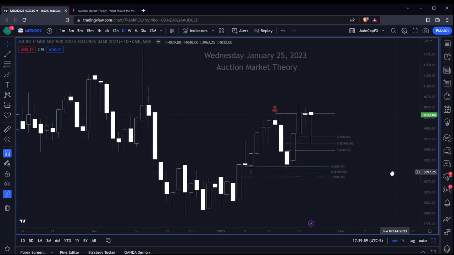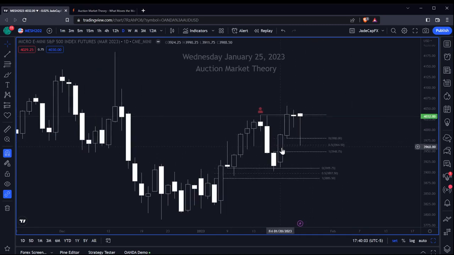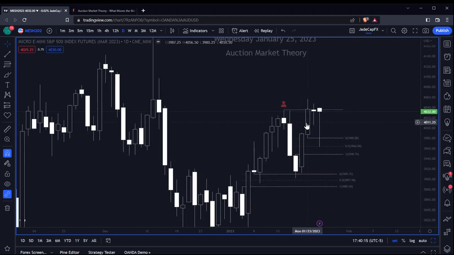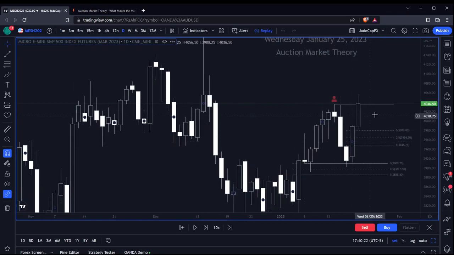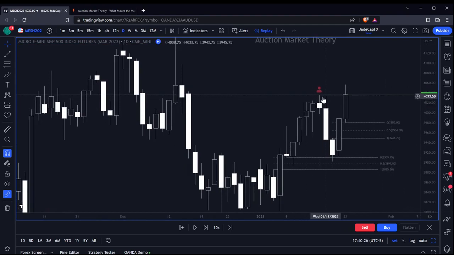All right, so if you've been following me, I've been looking for higher prices in the S&P. And I had mentioned that last week when the market was trading up here, right? We could possibly rebalance to a discount before going higher. So now this week, on Monday, I had messaged some close people in my group that this looks interesting, right? So when we took out last Tuesday's high, I said this level is now interesting.